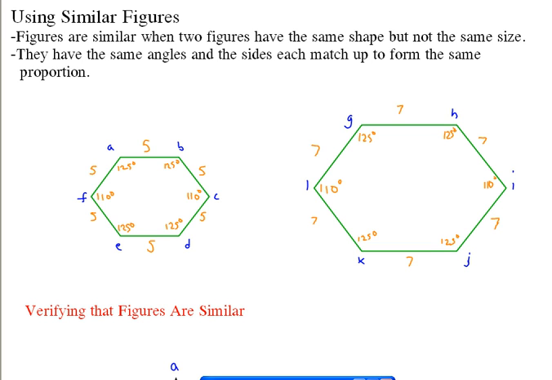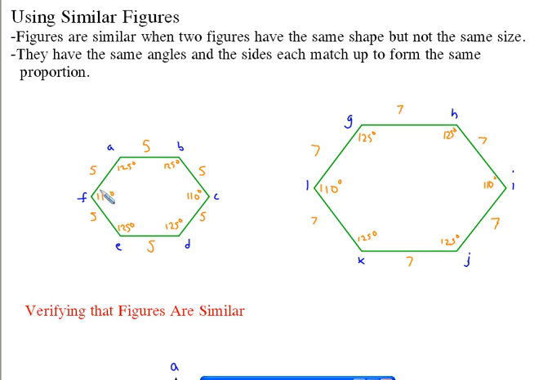Every square is similar to every other square. Every circle is similar to every other circle. But most polygons, which are just many-sided figures, do not have to be similar. So that's why we specify when we're working with similar figures. A lot of that has to do with working with ratios and rates to compare the two. If you look here, they have the same angles and sides that each match up to form the same